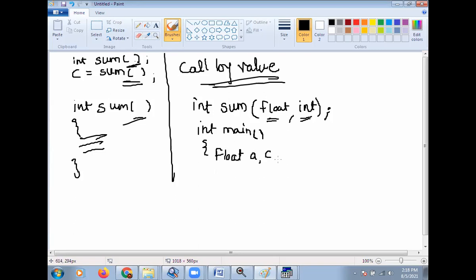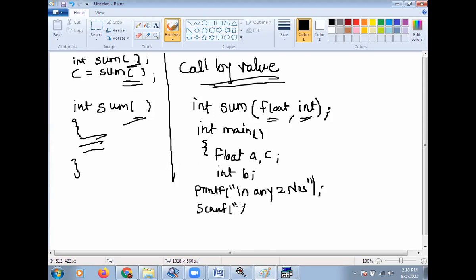Suppose A is a float, and one integer, suppose B. And then printf \n, enter any 2 numbers. Then scanf.